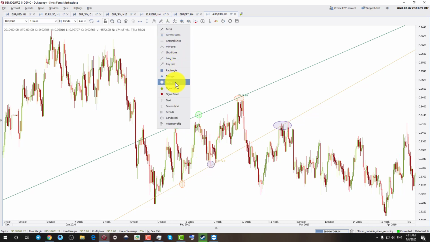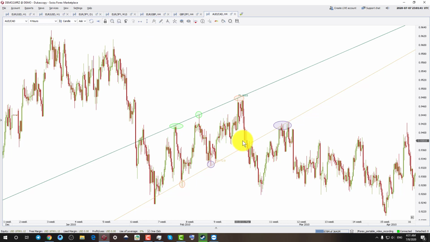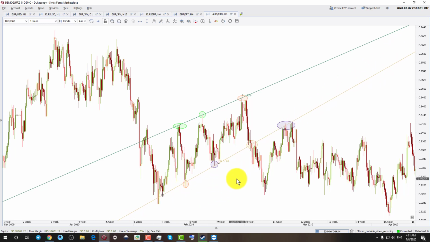Since this was not a rising channel, this was a rising wedge because it was contracting. Okay, the price is contracting. You can also keep it like this. This is the low actually. This is the low. Okay, so the price broke below and then retested this as a resistance.